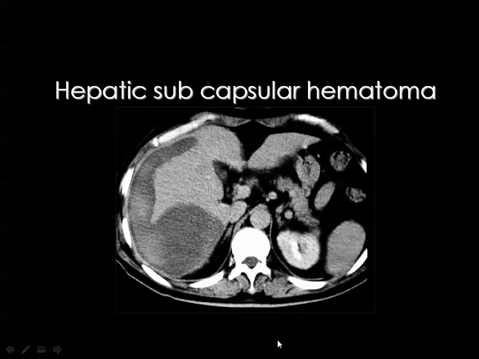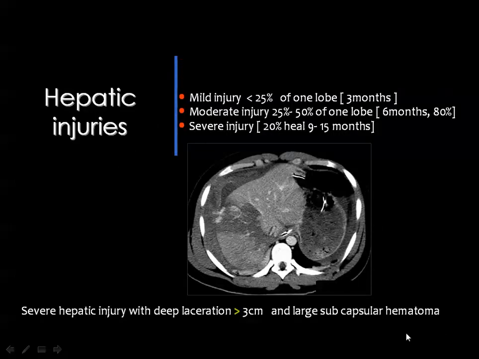you see only the laceration in the hepatic lobe. And this is an example of subcapsular hematoma around the right hepatic lobe, and you see the hyperdensity of the blood conforming with the hepatic contour. And this is the expected healing of the hepatic injuries, and a mild injury which is compromising less than 25% of one lobe is expected to heal within 3 months, while moderate injury, which represents about 25 to 50% of one lobe, may heal in about 6 months, with an incidence of about 80%